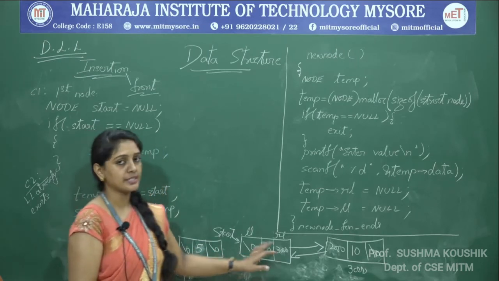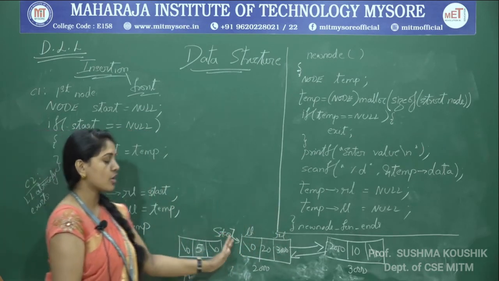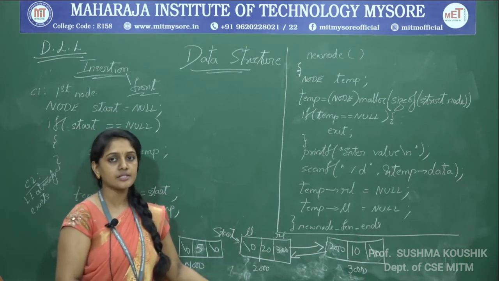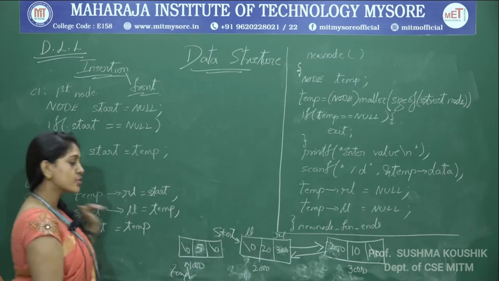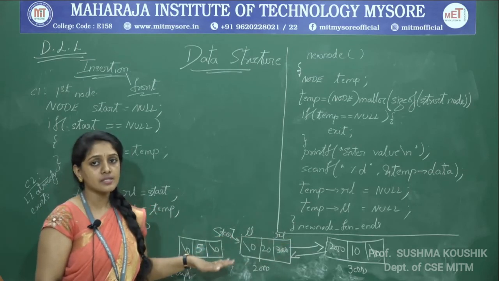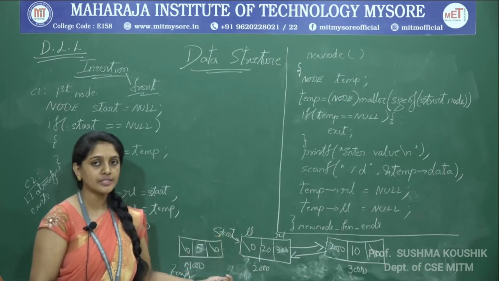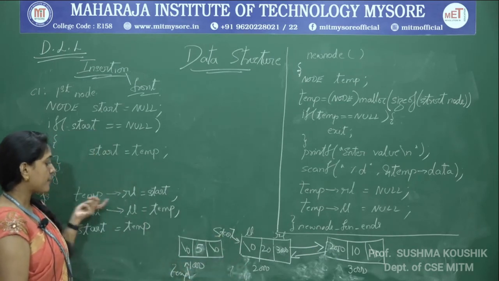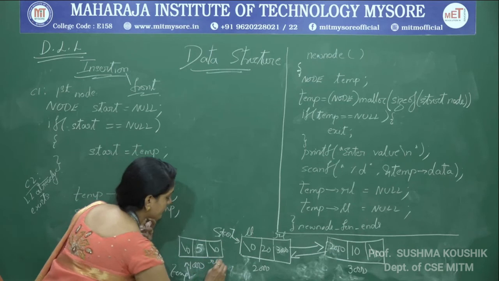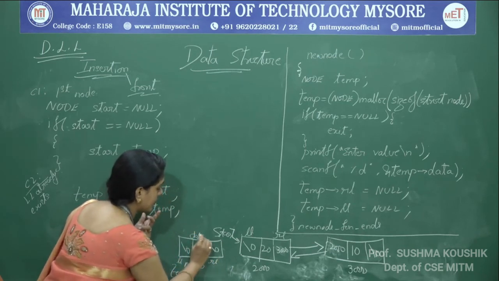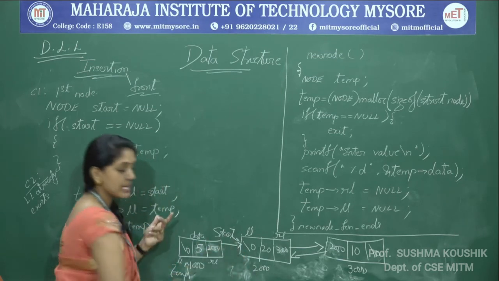Okay, now we have to do front insertion. We will quickly go through the cases. The first case is start is equal to null. No, start is not null. Start is holding 2000, a valid address over here. So case 1 fails. We will come to the next case 2 where the linked list already exists. Yes, true, the linked list already exists. And now this is the front insertion. As we discussed, there is no need of taking one more additional pointer over here. Temp is ready with us. Temp of RL is equal to start. Start is having 2000. Temp of RL, LL, and this is the data field. So temp of RL is equal to start. Start is having 2000. One link is established.